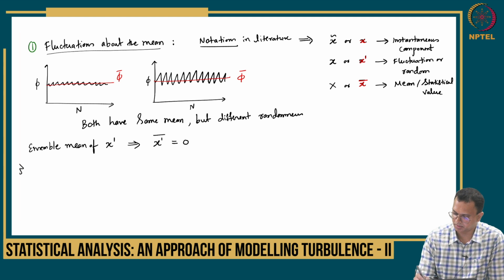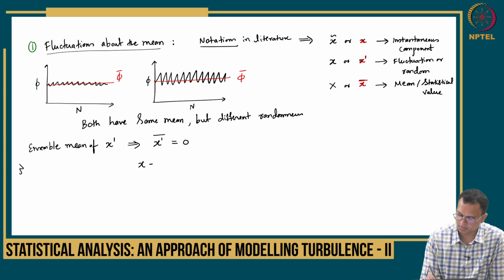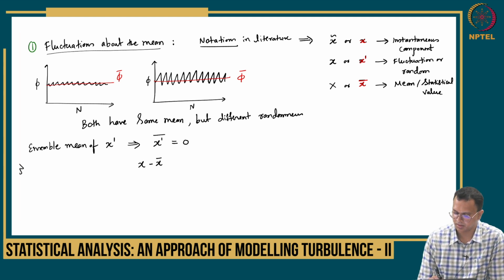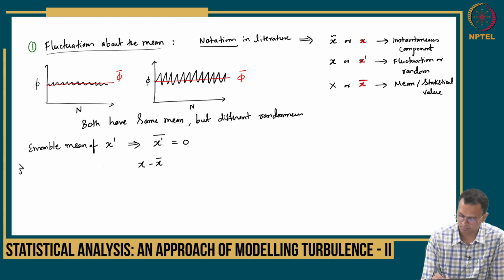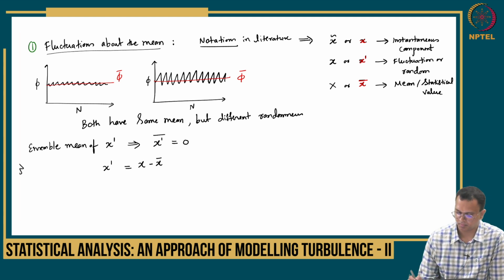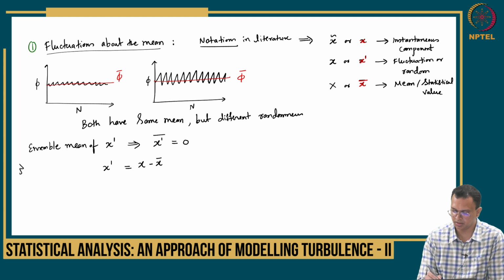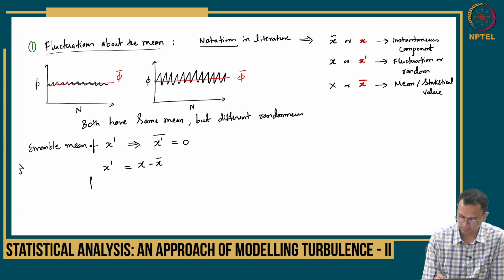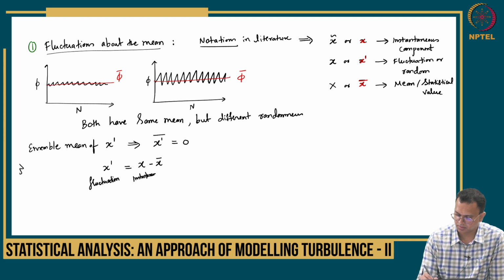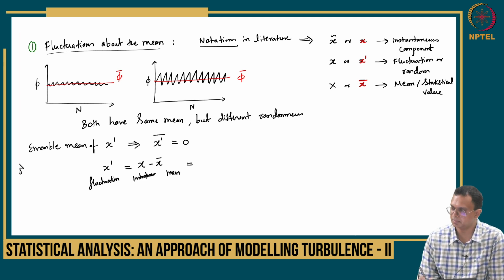Or let me write it here. So it is x minus x bar, which is nothing but my x prime. Instantaneous minus mean will give me the fluctuation. Okay, fluctuation, this is the instantaneous and this is the mean, 3 component. So if I am going to ensemble average,